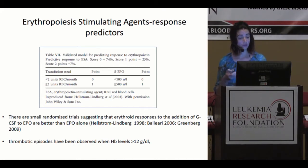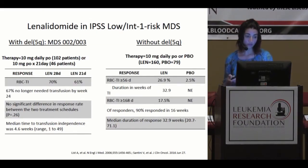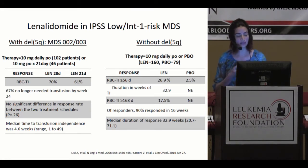In addition, there are smaller studies that show the addition of other growth factors like GCSF, which is a granulocyte colony stimulating factor, synergizes and kind of increases the effectiveness of erythropoietin. Then moving on to lenalidomide, which I would say is the next drug that has the most data treating low-risk